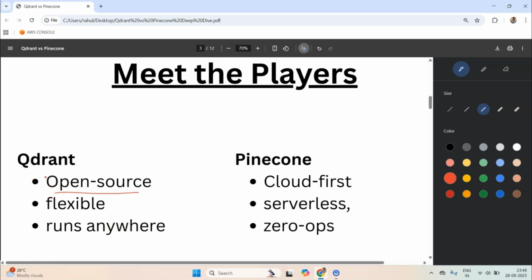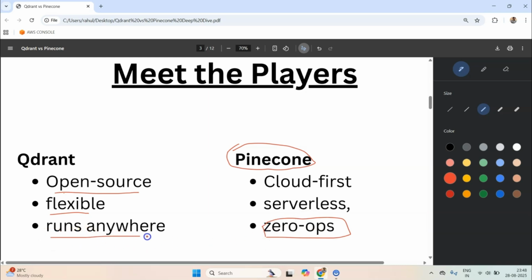So Quadrant database, just like PostgreSQL, is an open source database. Now the second point is that it is flexible. If I have to contrast this with Pinecone, I would not say it is as flexible, because Pinecone forces you to go with their own implementation. They won't let you adjust their own code, right? So that is why Pinecone is not very flexible. But some people might prefer Pinecone because of its ability to do this thing called zero operation. So you don't have to manage anything.